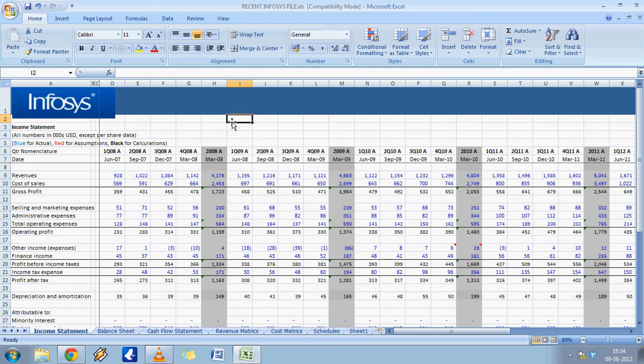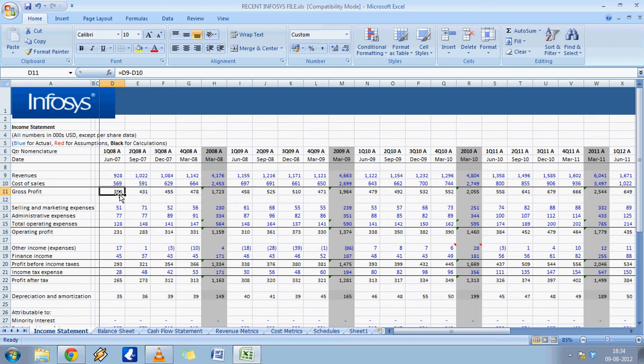This function is very important for research analysts when you share your research report with others, for example brokerage firms or banks. A research analyst would always want to protect the formulas in the worksheet. For example, here, if I give you the original worksheet, you know that gross profit is equal to revenues minus cost of sales. But if I want to give this